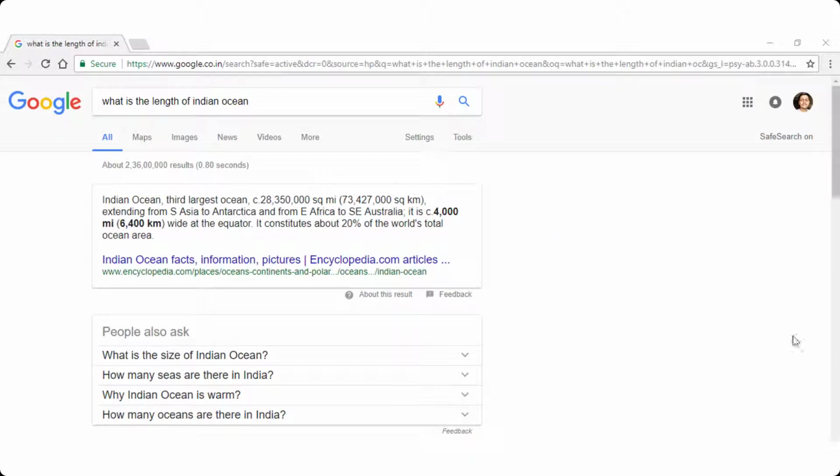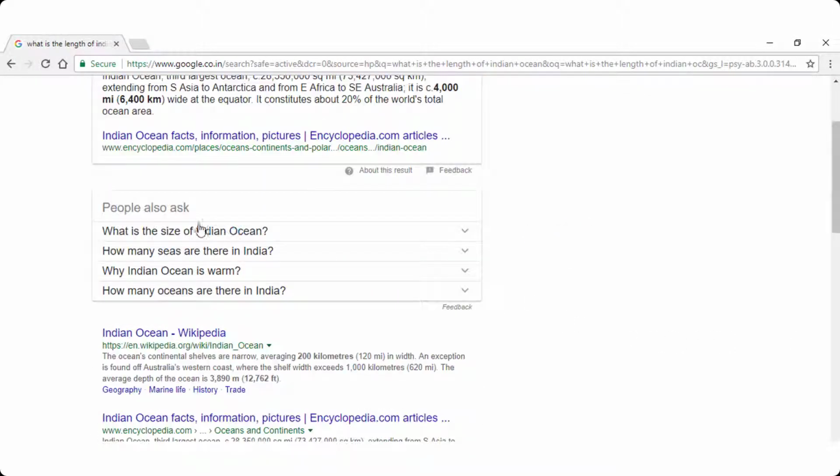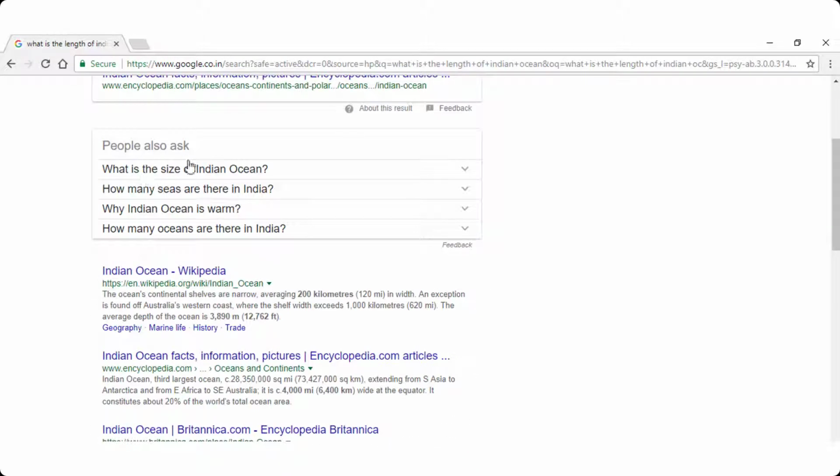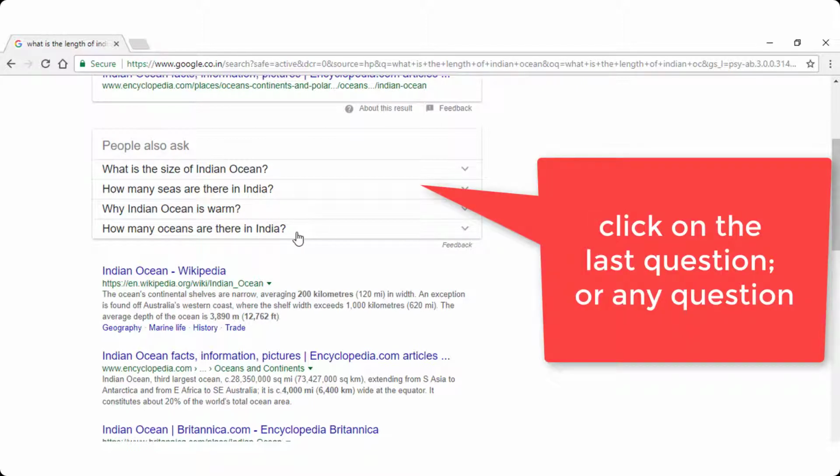Number 5. The people also ask section. Oftentimes we ask a question to our friend Google, and Google promptly answers it with the knowledge cards from its ever-building repository. Here you might also click on other similar questions that Google displays under the section people also ask. Next time you go through this ritual, instead of closing the tab after you get your answer, just click on the last question under the people also ask section.